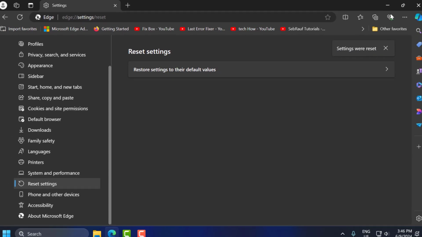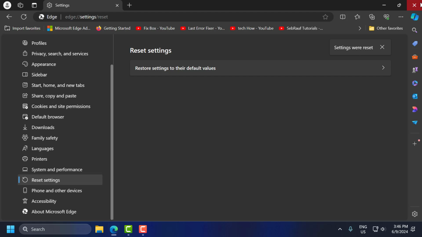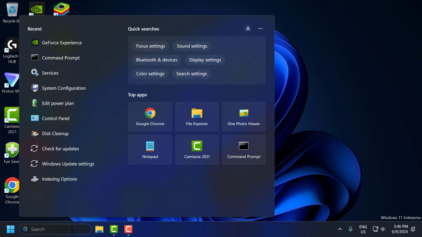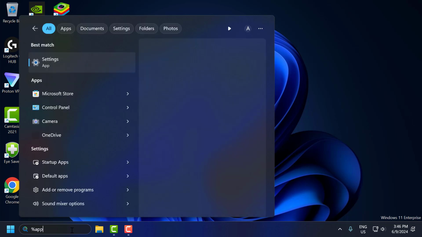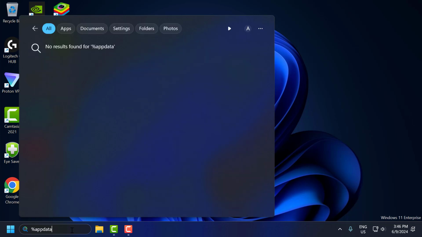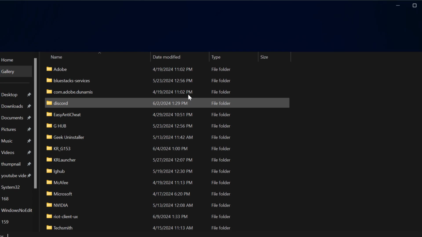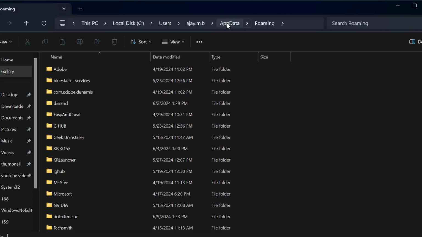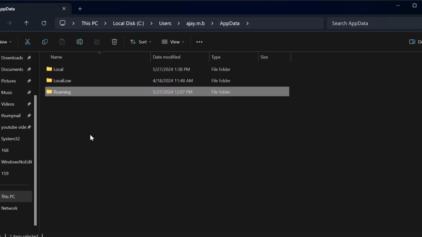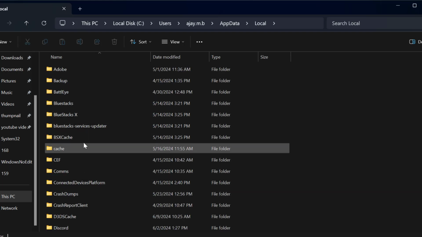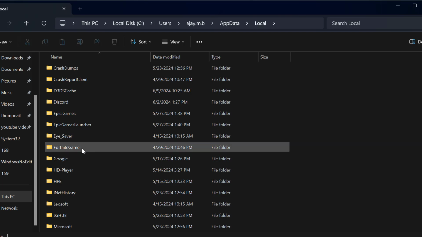After getting done, you just need to close stuff here and go to the search menu and type percent appdata. Percent again. Click on open the file folder. Now you just need to select AppData and go to Local. In here you need to scroll down and find Microsoft,